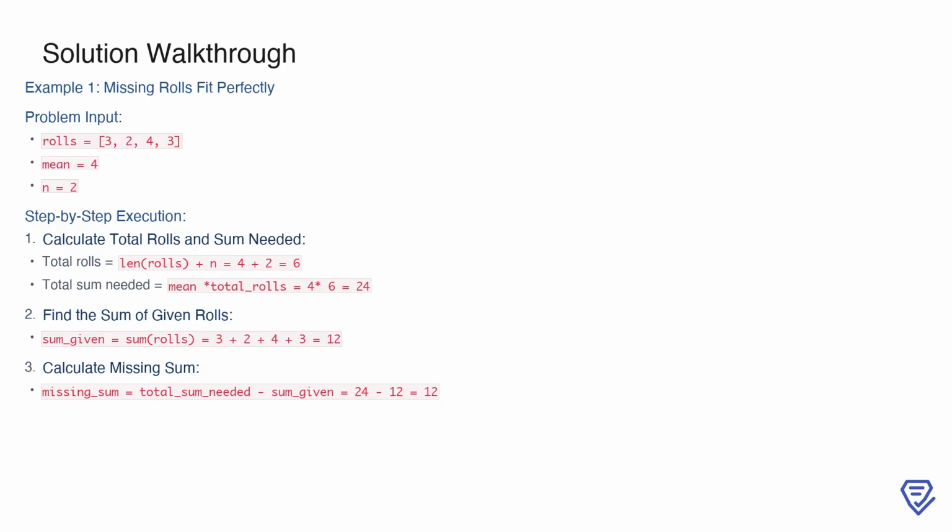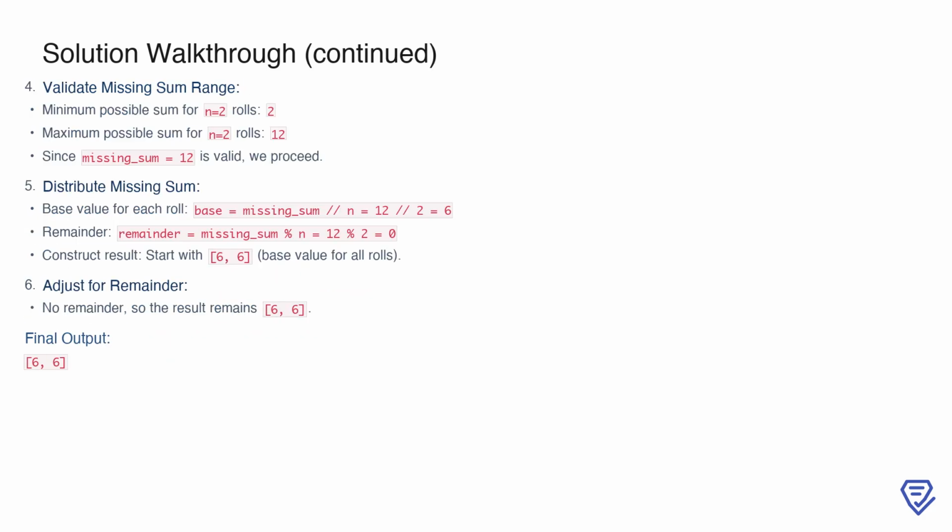Next, we find the sum of the rolls that are already given. Adding them up, we get 12. This means the sum of the two missing rolls must be 12, which we determine by subtracting the given sum from the total sum needed. Now, we validate whether the missing sum of 12 can be distributed across 2 rolls. The smallest possible sum for 2 rolls is 2, and the largest is 12,